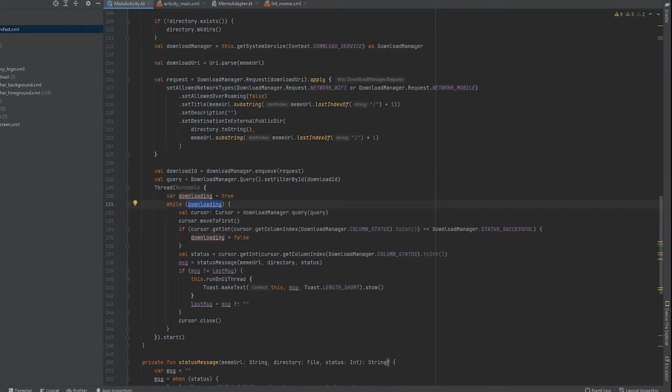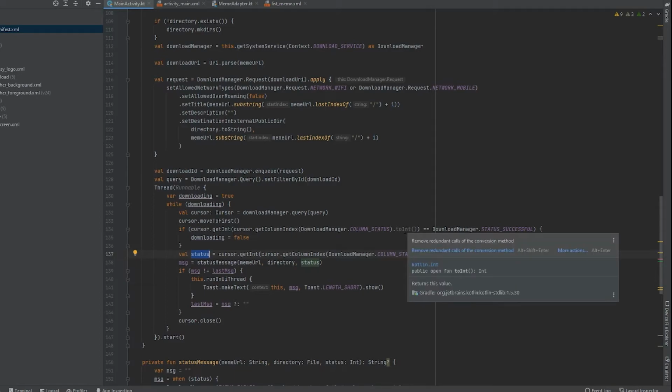It is just checking whether the current request has completed the download. If it is completed, we change downloading to false. Then I have a variable for status. In status I have cursor.getInt(cursor.getColumnIndex(DownloadManager.COLUMN_STATUS)). So we need this conversion to int.